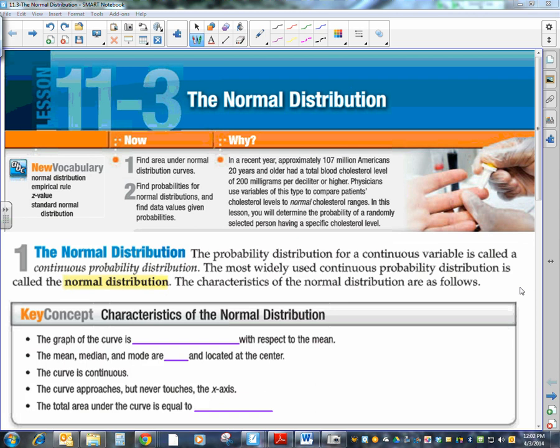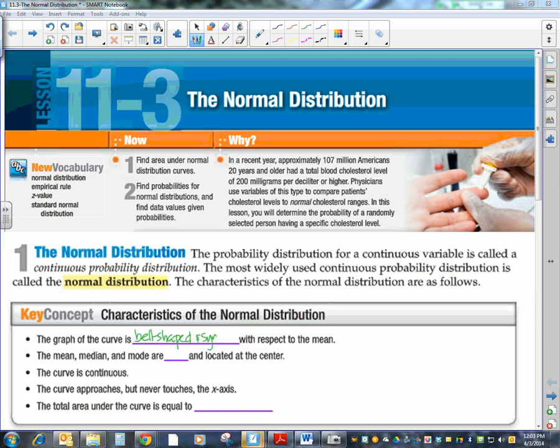Okay, yesterday's lesson we talked about probability distributions for discrete variables. Today we're going to talk about probability distributions for continuous variables, and the most widely used one is called the normal distribution. So, characteristics of the normal distribution is, first off, the graph of the curve is bell-shaped,